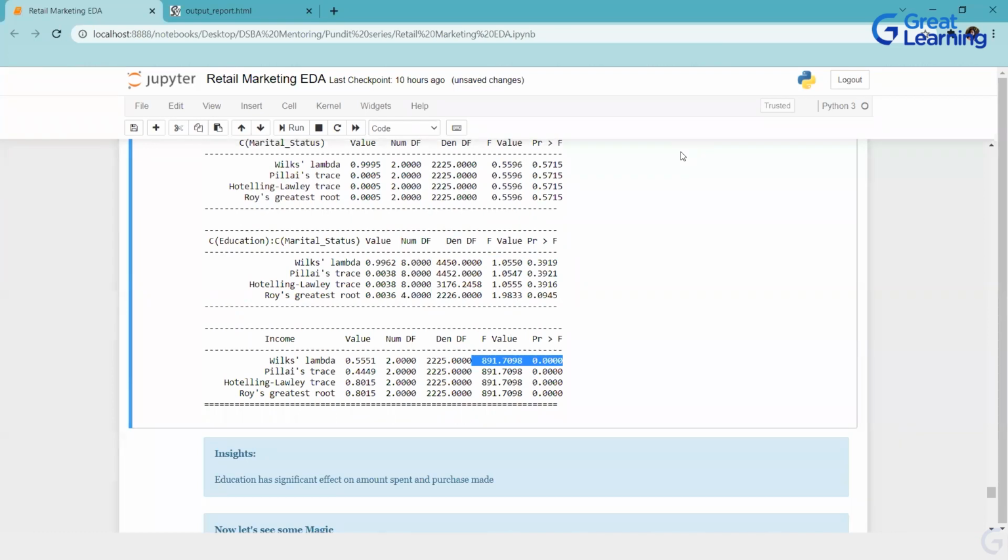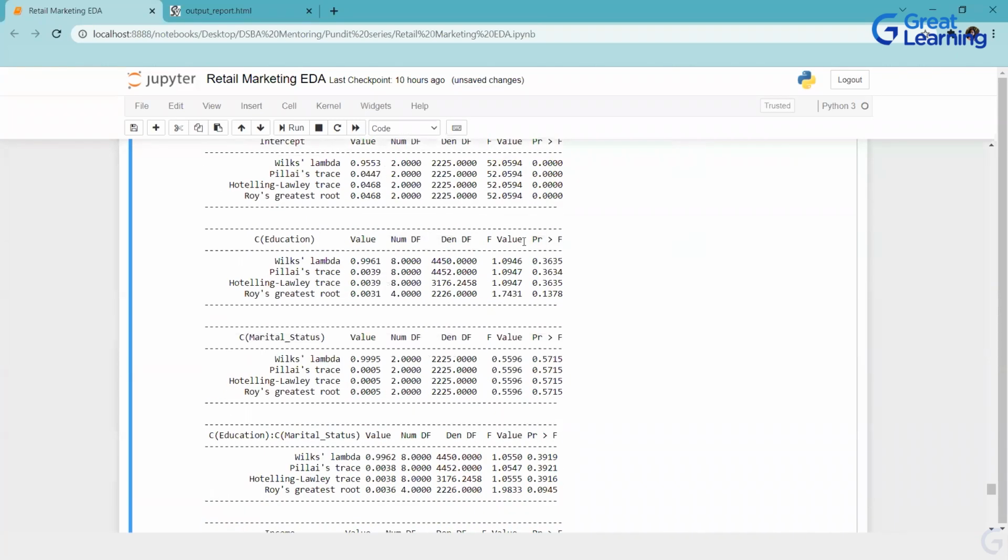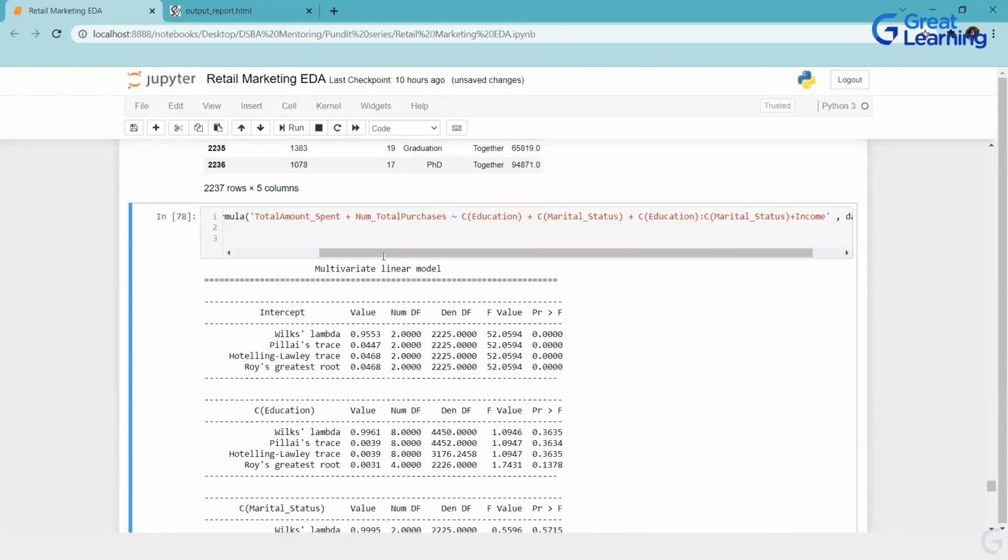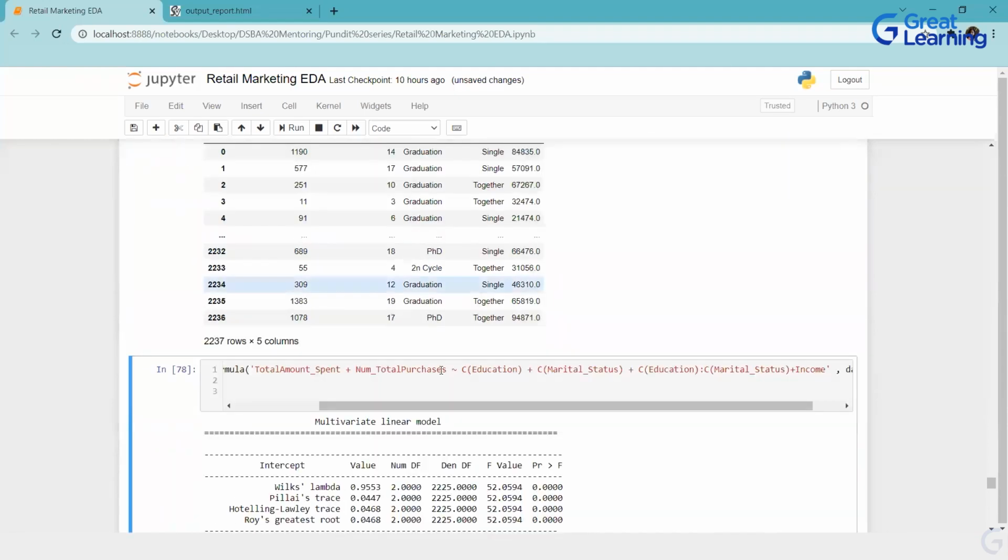Okay, education is having an impact on which variable? Because we have taken two variables, it is the combination of both variables I'm talking about. You can't see it for one variable. If you have to see it for one variable, then you have to take ANOVA only. If you're saying MANOVA, then these two variables, the spend and the number of purchases, have a relationship. Thus you would be able to see a correlation, or the impact, between both the variables, not just one variable.